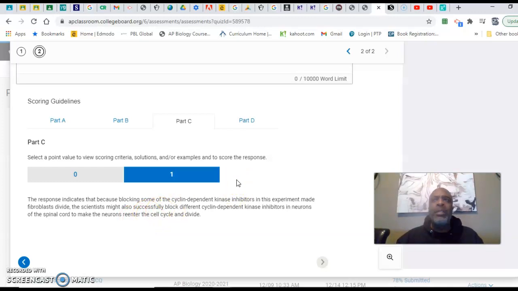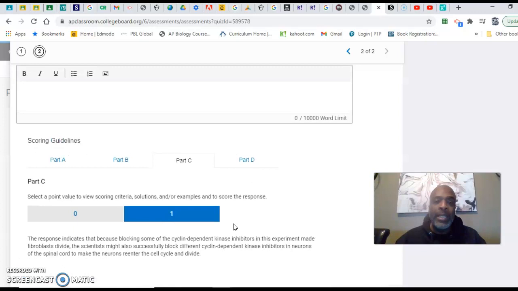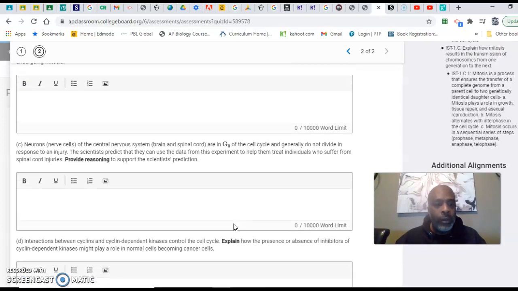So it's sort of backwards thinking: if we block these inhibitors whose job is to block cyclin-dependent kinases, then we can force neurons to make more neurons,